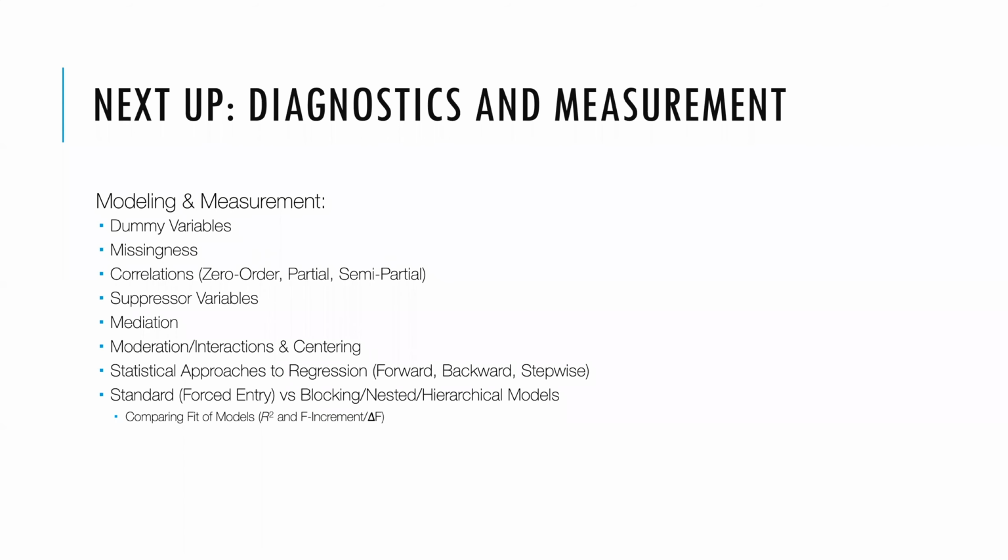Next, we're going to be talking about measurement and diagnostics, so dummy variables, missingness, mediation, moderation, different types of correlations, and why multicollinearity is important to consider, as well as approaches to regression. We can do a standard entry or forced entry like we've been doing here with 5 different variables, or we can block our models where we have 2 variables in the first model, 3 added variables in the second model, 5 added variables in the third model for a total of 10 variables. And we can see which models fit our data better. And then we'll cover statistical approaches to regression, which are never good